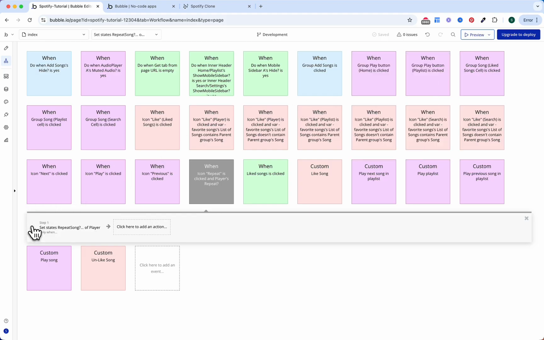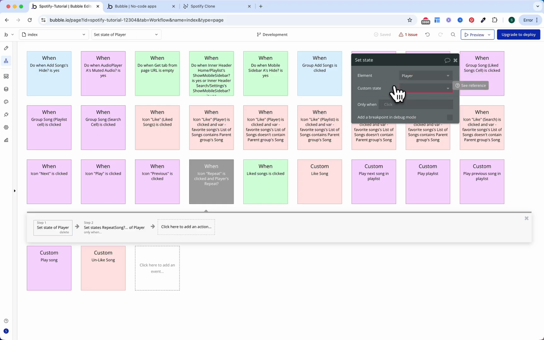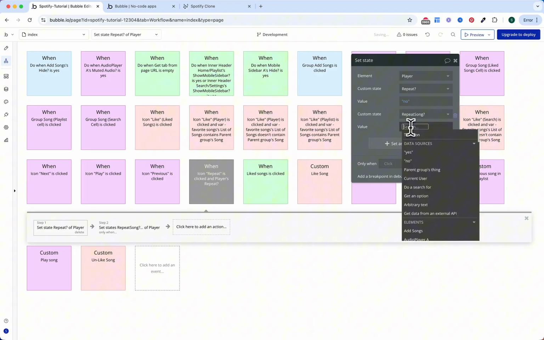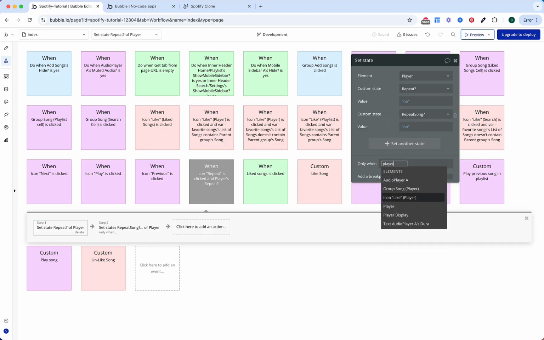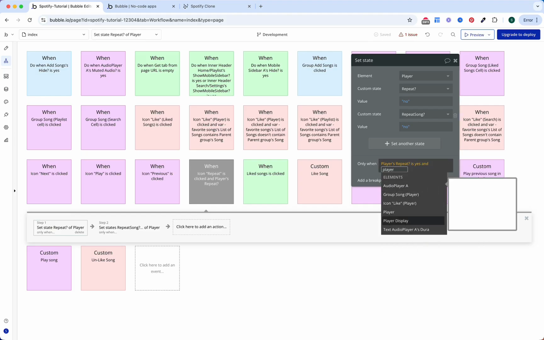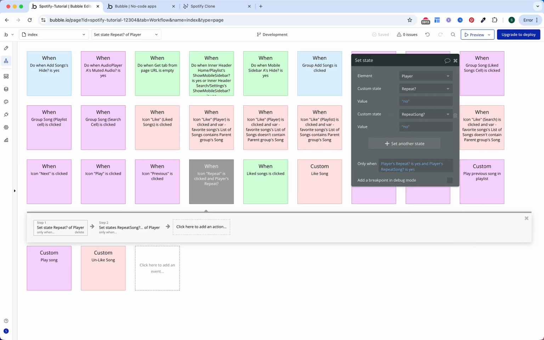So now I'll add another custom state before that. So I'll set the state of the player's element, and this action will happen when we press on the third option, when the repeat song is yes and the icon is green with the one inside. So it goes back to the first option when it's neither. So I'll choose the custom state repeat and custom state repeat song, and I'll set it as no, and I'll do it only once the player repeat is yes and the player repeat song is yes. So when both of them are yes, it will just revert to the default when both of them are no. And now I'll copy this